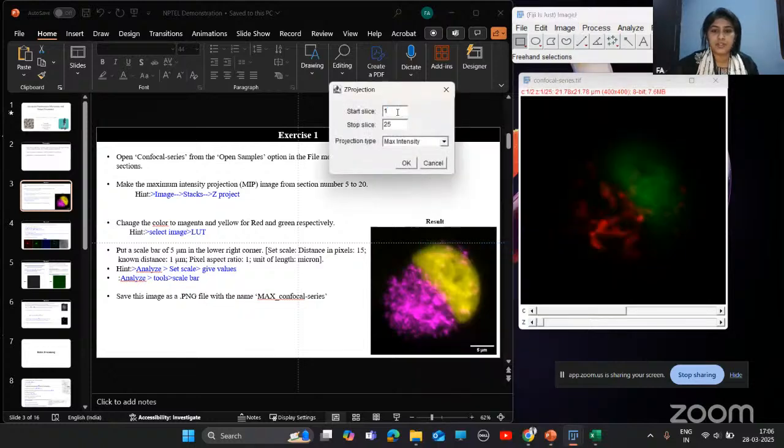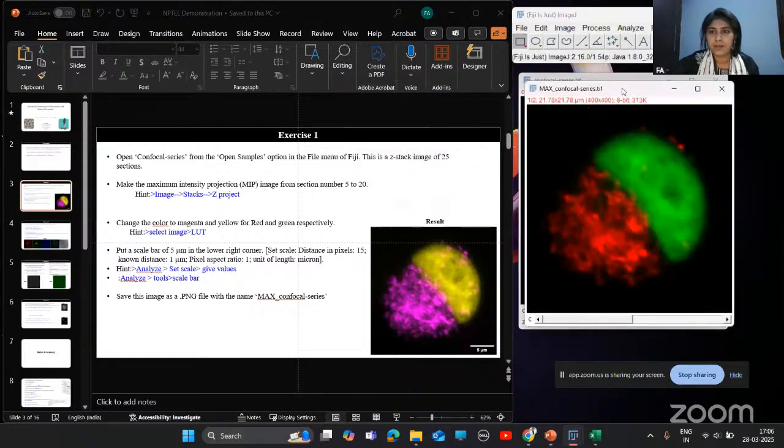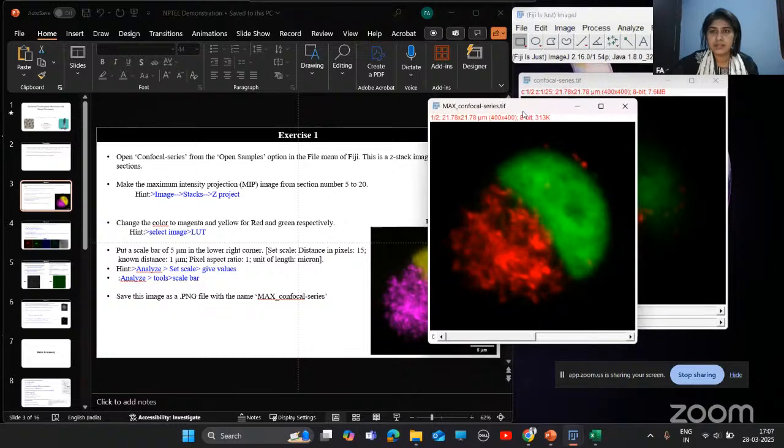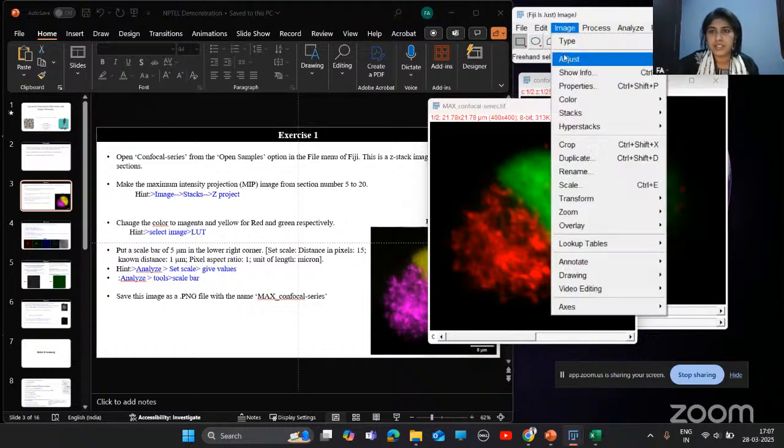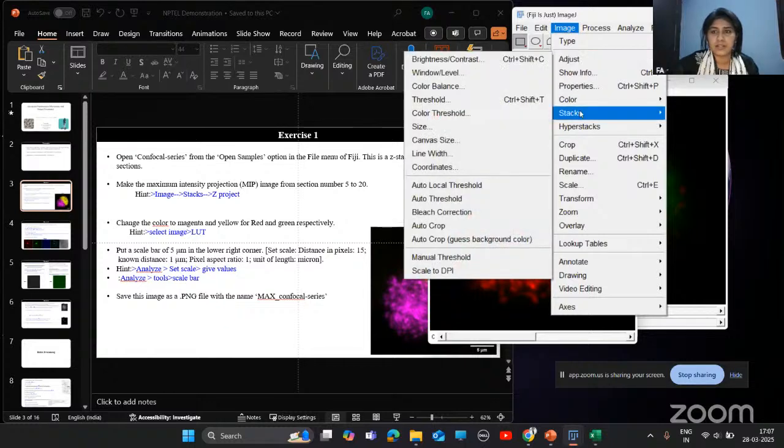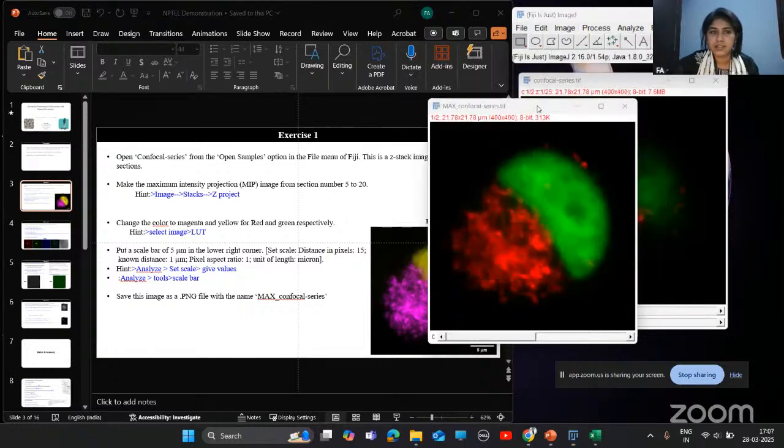From here you have to select the fifth to 20th stack, and here you will select maximum intensity, then click OK. So this one is your maximum intensity projected image. Here if you want you can change its contrast by going to Image, Adjust, Brightness and Contrast, but with this image this is fine, we can go with this.